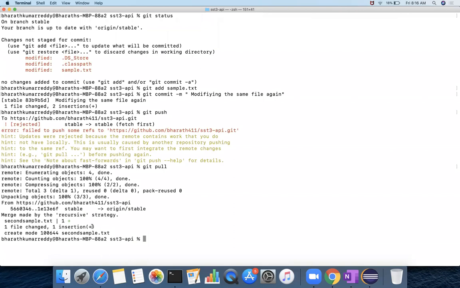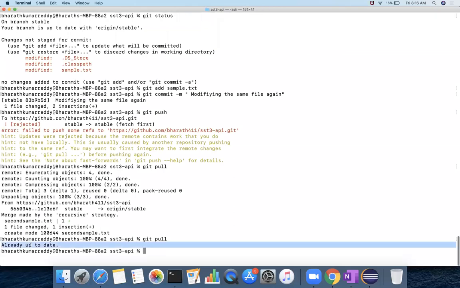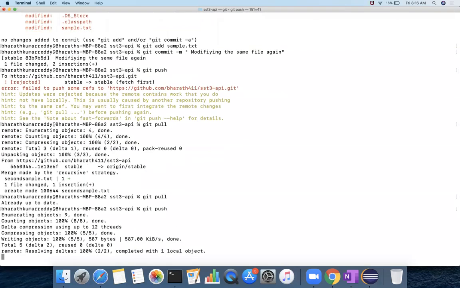Now you have the latest code, and then git pull will give you already up to date. When you see the already up to date, then only you have to perform git push. Git push has to be performed.